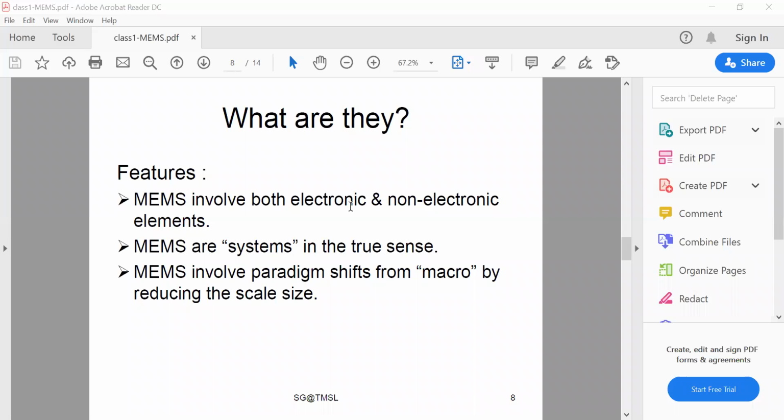Second, MEMS are systems in the true sense, which means that important system issues such as packaging, system partitioning into components, calibration, signal to noise ratio, stability, and reliability must be confronted. Third, the most successful MEMS have been those which involve paradigm shifts from the macro way of doing things